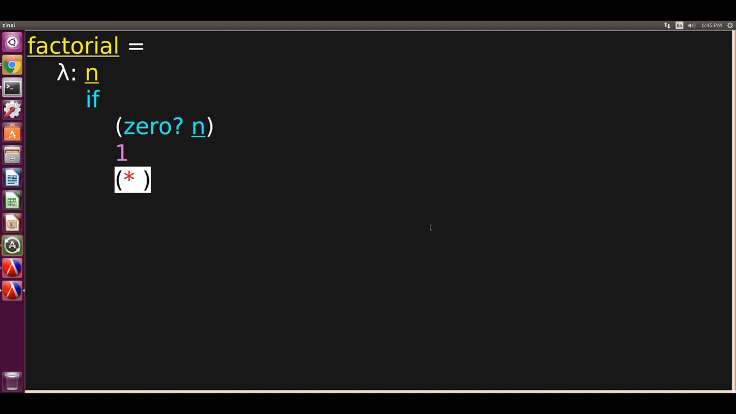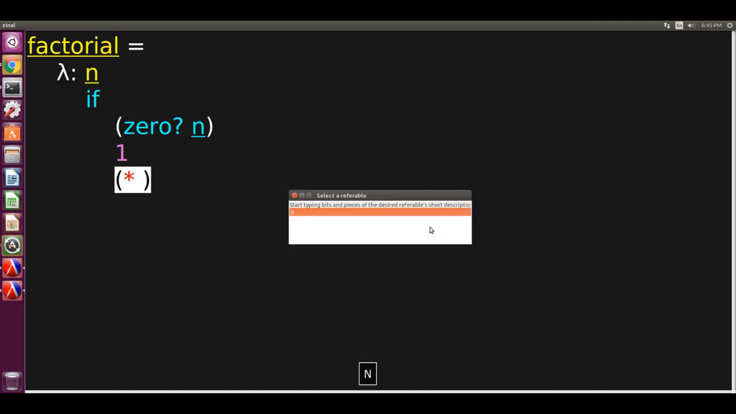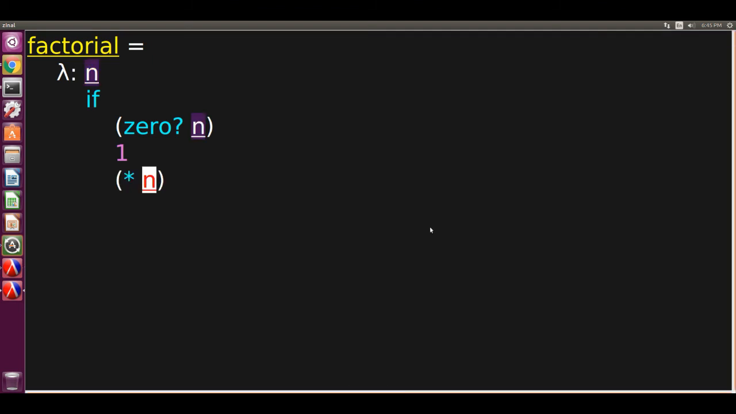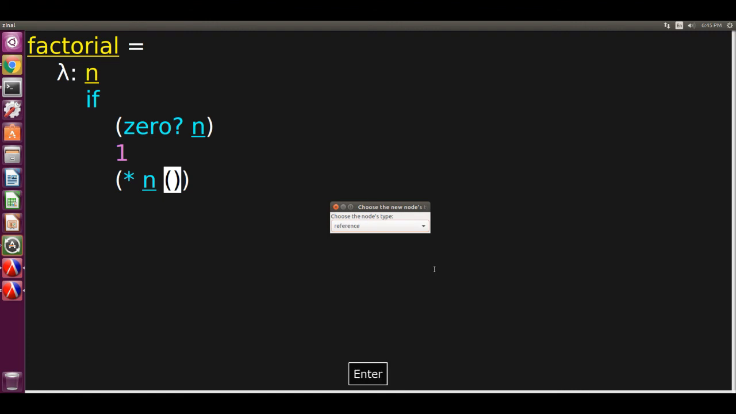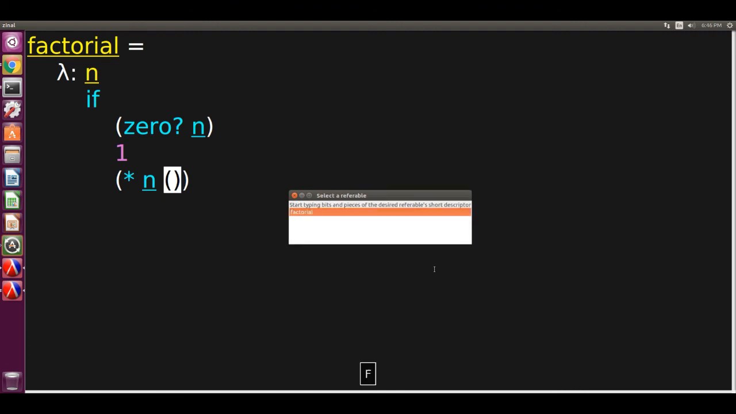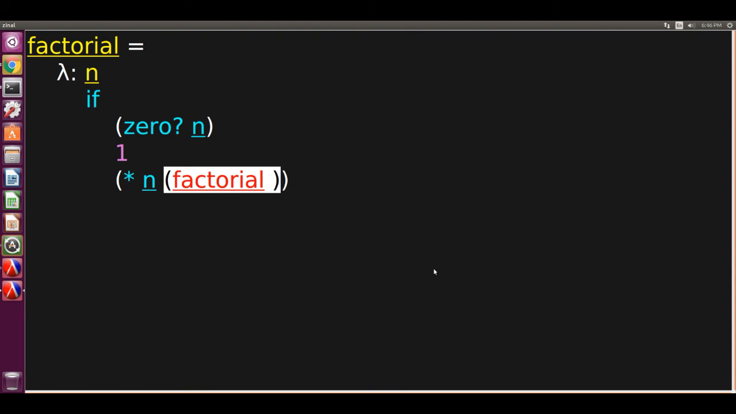So the first element of the list is the multiply function, and the next two elements are the values to multiply. We type Shift A to insert a reference to n at the end of the list. Now we can press A to insert the second argument, which is a call to factorial. So the second argument is a list, whose first element is a reference to the factorial function definition. The argument to the factorial call is also a list,